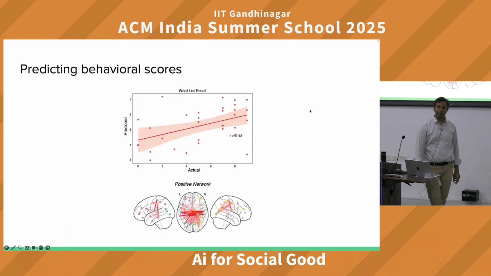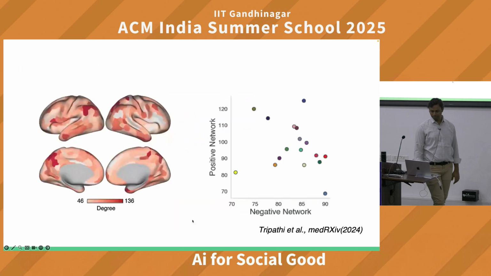Similarly, we can also predict behavioral scores. So people जिनकी मेमोरी कम हो गई, अगर उनको मेमोरी टेस्ट देते हैं, हम वो भी प्रिडिक्ट कर सकते हैं कि आपका मेमोरी टेस्ट में कैसी परफॉर्मेंस हो रही है. तो people who are doing pretty well, we can also predict them, and those who are doing pretty poorly, we can predict using these connectome.